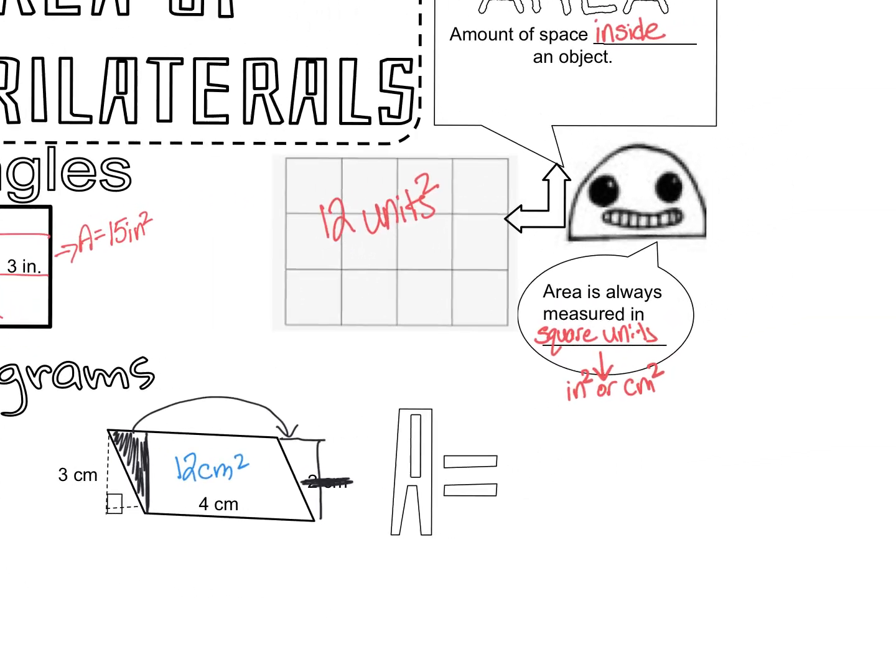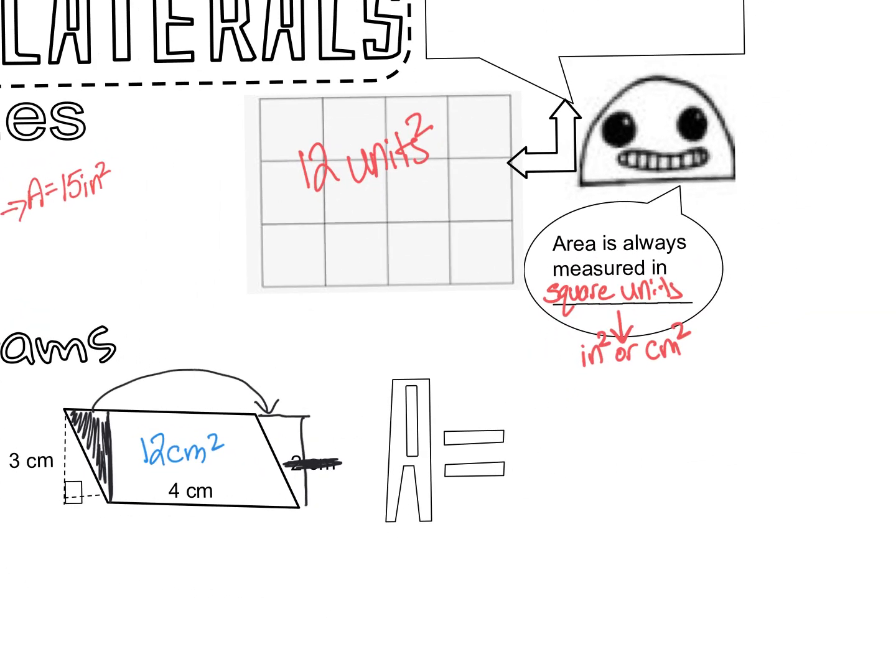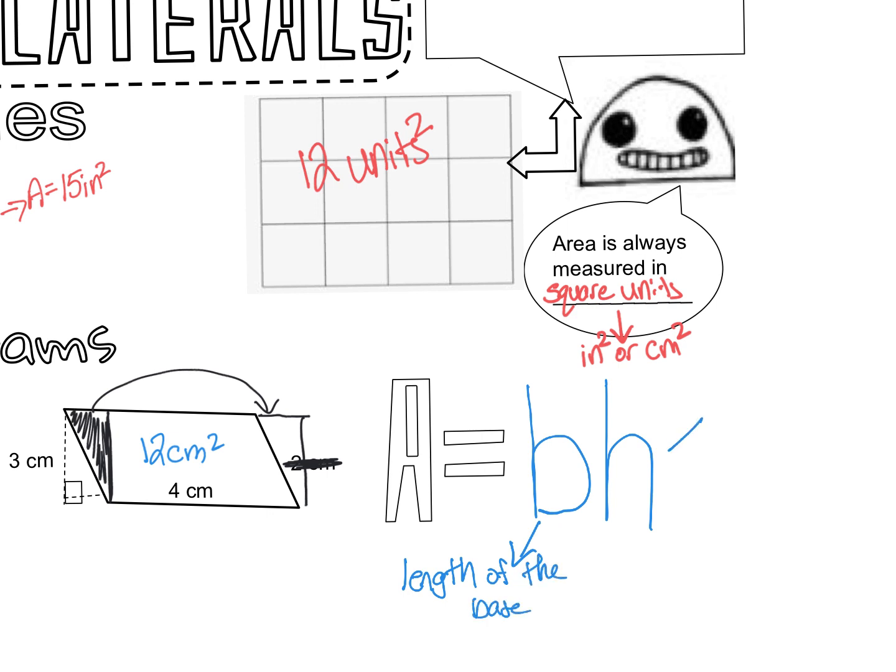And that's going to bring us to our formula. When we talk about area of any sort of parallelogram, instead of saying length times width, which applies to rectangles, we are going to use the terms base times height, or BH. So that B is going to stand for the length of the base, and h is going to stand for the height of